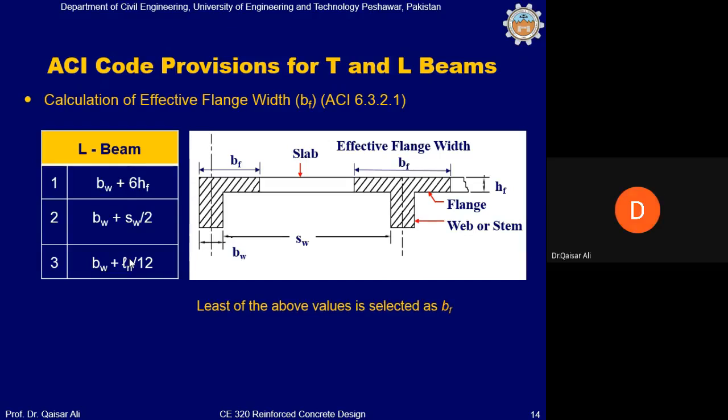अच्छा, वो तो सिर्फ इस डिफरेंट वजह से है कि BF जो है उसमें पॉजिटिव बेंडिंग मूवमेंट में आप BF को कंसीडर करते हैं, क्योंकि इसमें कंप्रेशन फ्लेंज के अंदर यानी स्लैब के अंदर है, जबकि नेगेटिव बेंडिंग मूवमेंट में कंप्रेशन आपके वेब के अंदर है, तो उसमें BF आप इस्तेमाल नहीं करेंगे, सिर्फ BW इस्तेमाल करेंगे। ठीक है, ये फर्क है, बाकी कुछ फर्क नहीं है। ठीक है सर।